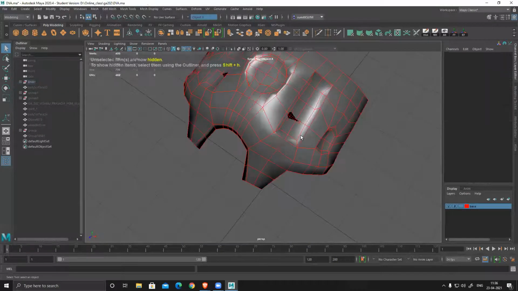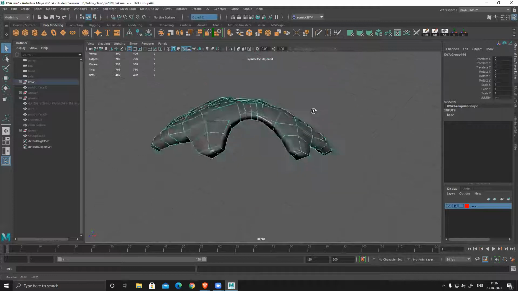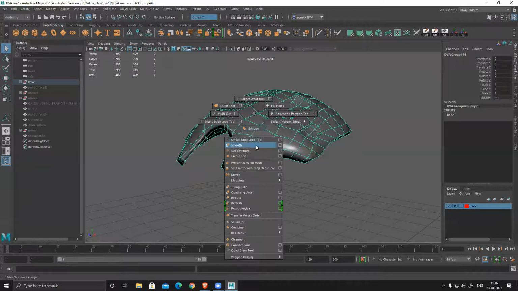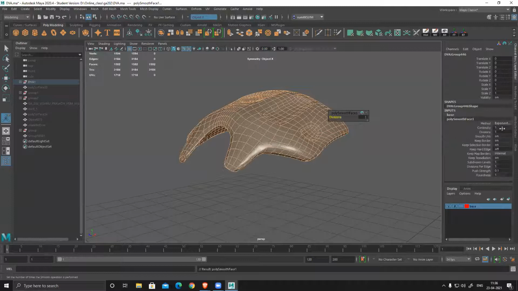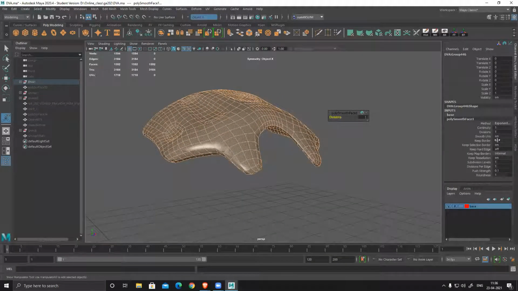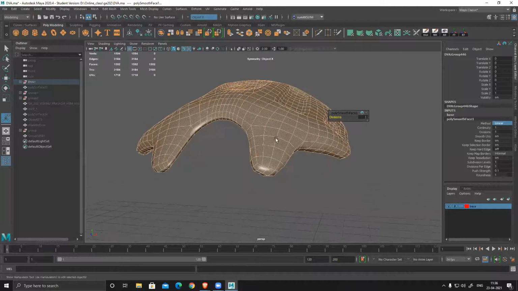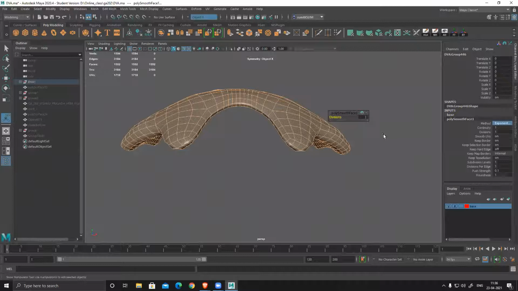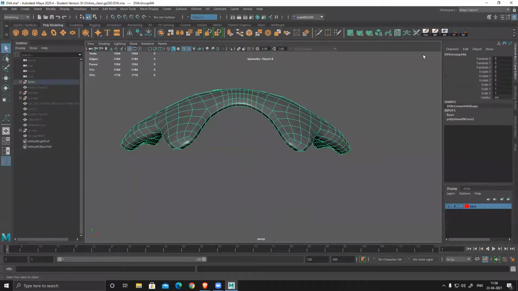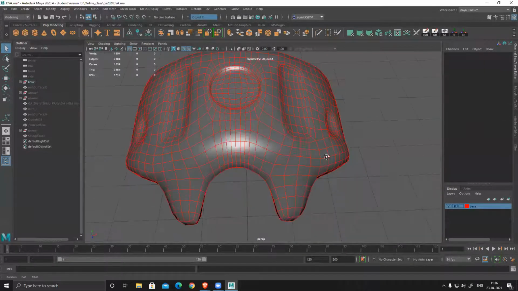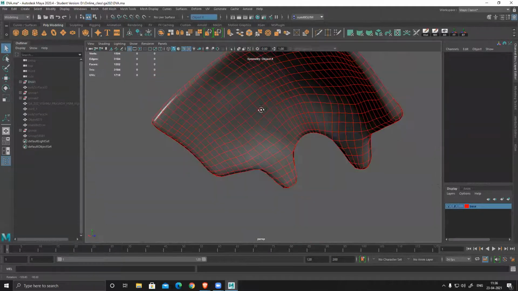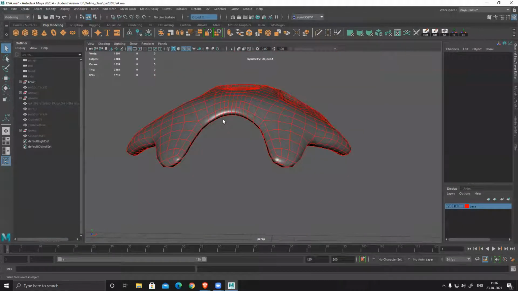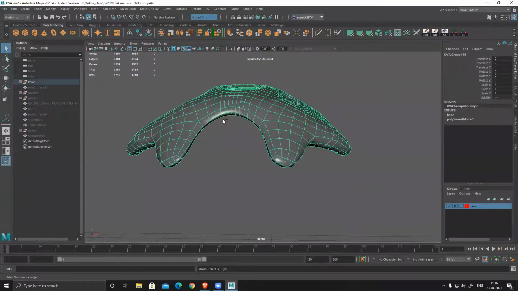And I can see a little issue here and there. So let's try smoothing, and it's using one. There are two methods: linear, which retains most of the volume, and exponential, which makes it a little smoother. If I do this, you can see most of the shape become really smooth, nice, clean. But the only problem is the thickness. I lost the thickness.